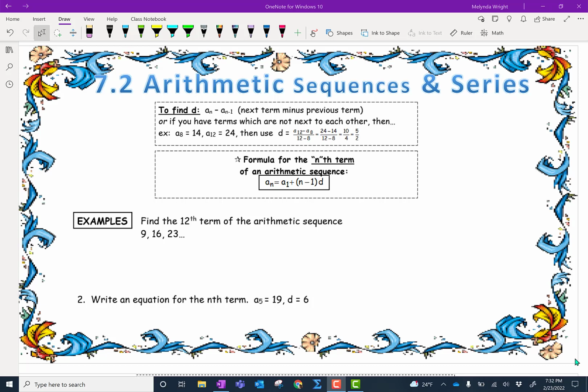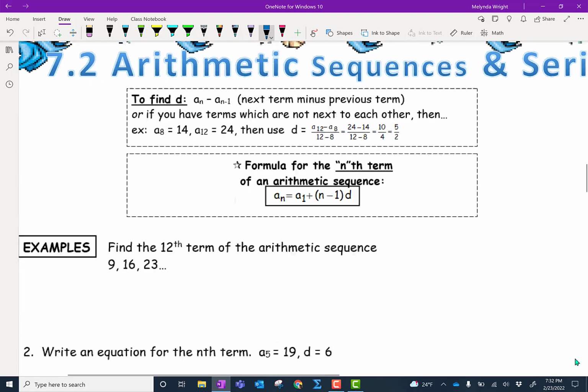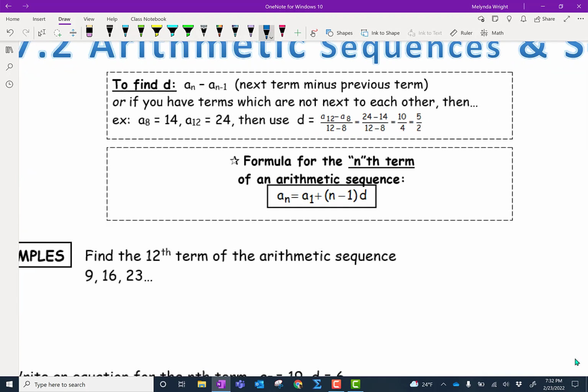Right, let's take a look at our lesson on arithmetic sequences and series. So these are a special kind. Last lesson we talked about arithmetic, geometric, and neither. So let's dig into more depth on the arithmetic. Okay, so if we have terms that are next to each other, we want to figure out how to